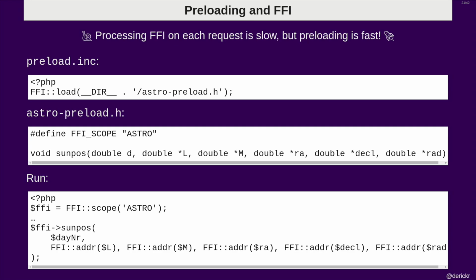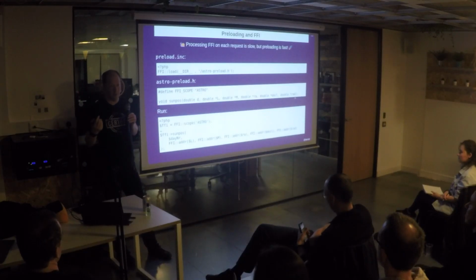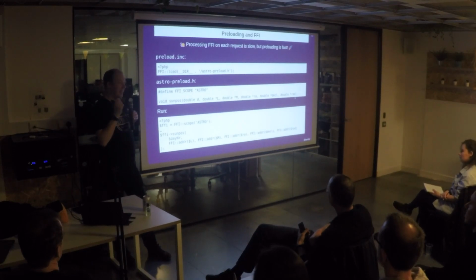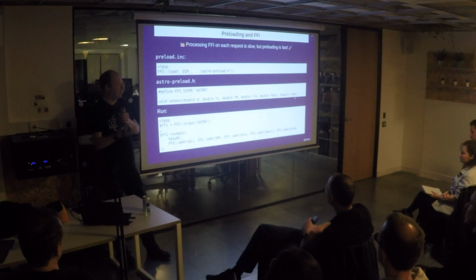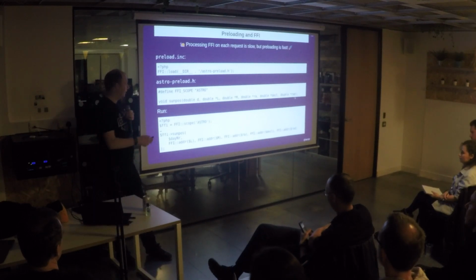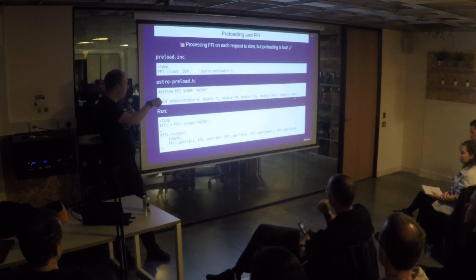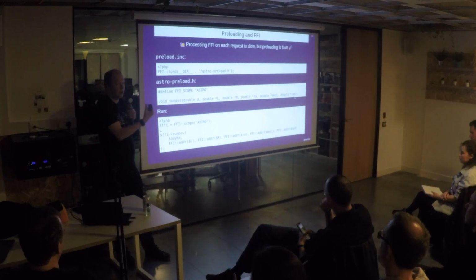Now, tying that back in with FFI, FFI's parsing of C header files, which it needs to do so that it can translate between PHP and C, is a very, very slow process. But we can now do this in the preloading stage, so it only has to do this once and not for every request again. Now, you need to make one small change to your C header files. You need to define this FFI_SCOPE thing, and then you just give it a name. It's just a way of naming this API that I have in this header file by a specific name. It doesn't particularly matter what it says, you just need to have a name.